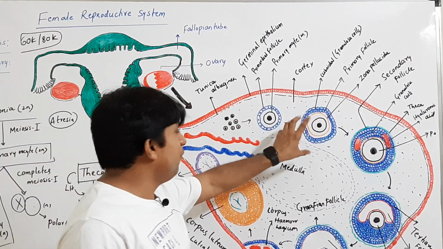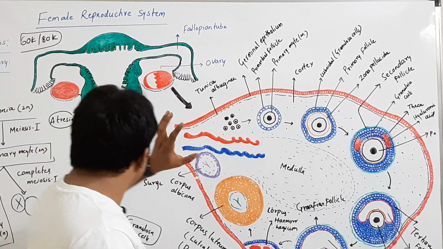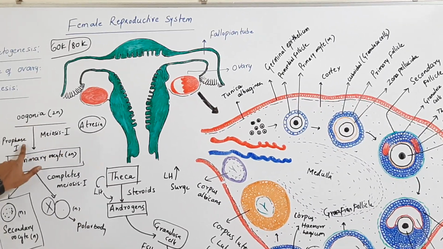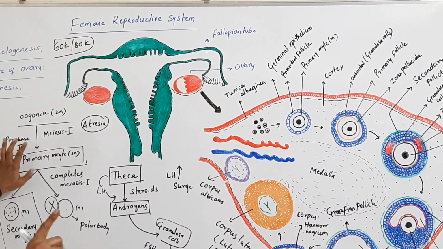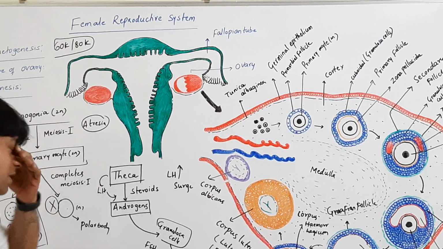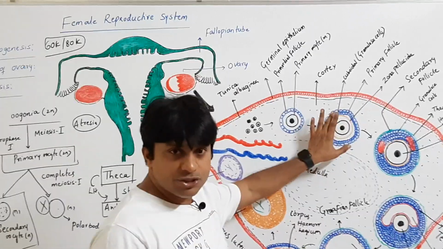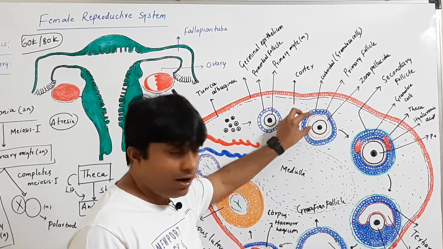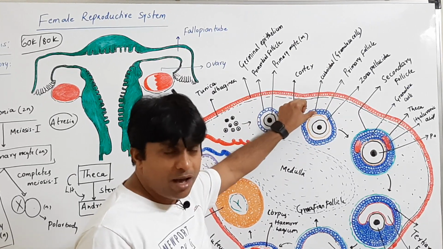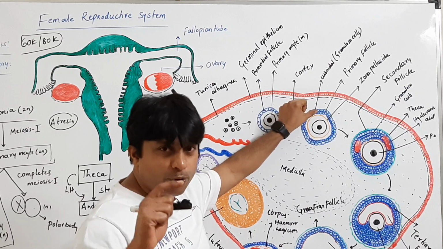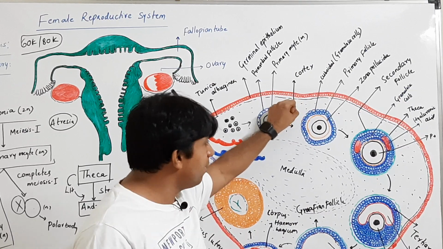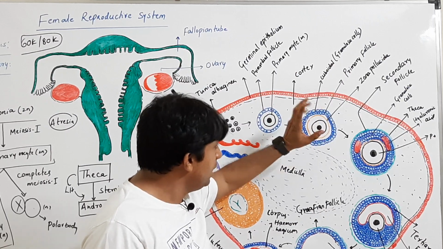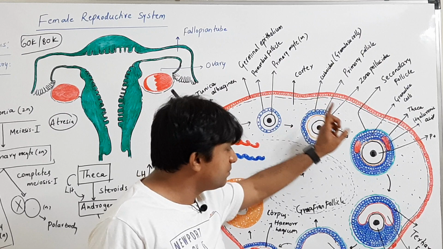Now such a primary follicle encloses a primary oocyte which starts meiosis 1, but it is not completed; it is in prophase 1 and it gets arrested, and such oocytes are called primary oocytes. When this primary oocyte is enclosed inside a primary follicle, you can see the zona pellucida, which is a glycoprotein layer, a non-cellular layer between the granulosa cells and the oocyte. Then your primary follicle becomes a secondary follicle.